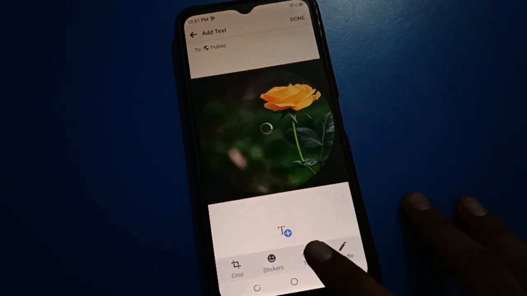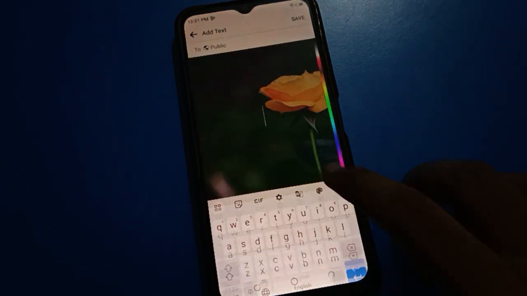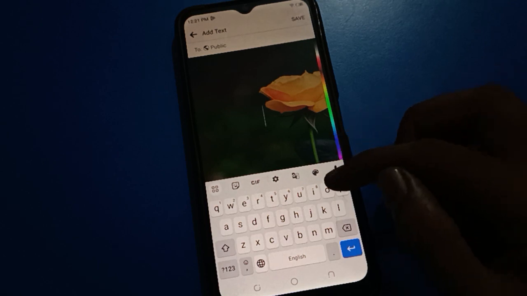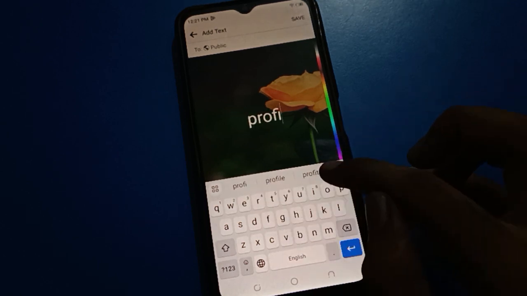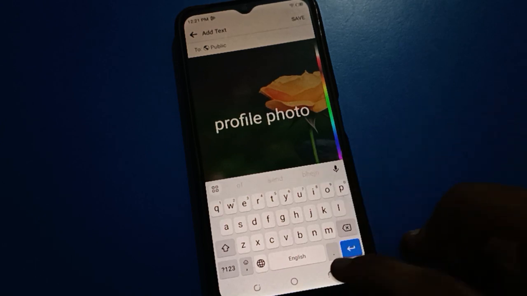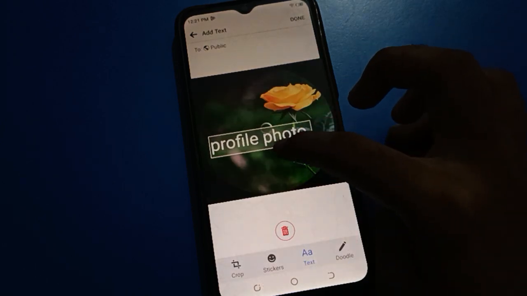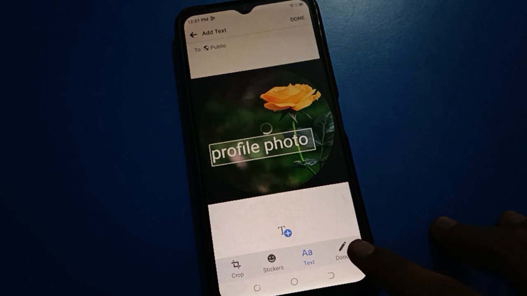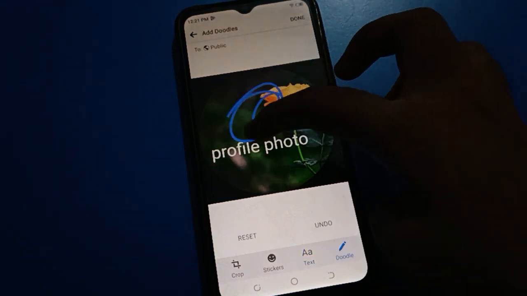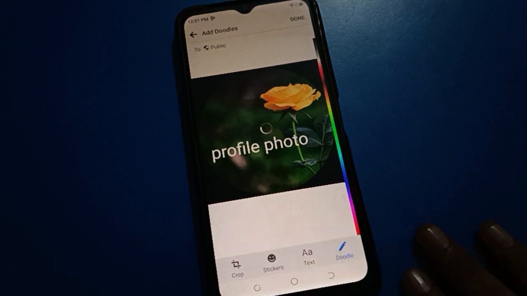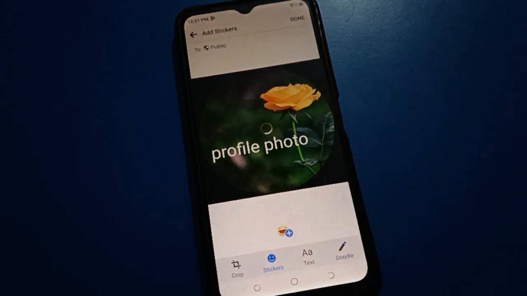So now friends, we will tap here, tags option, tap here. You want to write something else, so you can write profile photo. I will edit here, I will tap here. Friends, you can see tool option. You want to mark here, so you can mark here, and you can reset here also. The setup, tap here, done option,